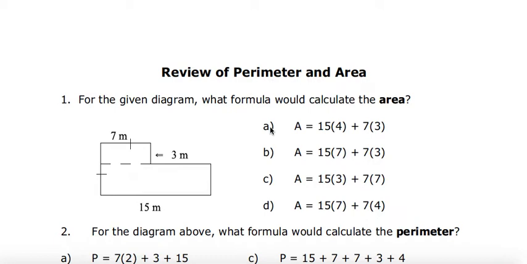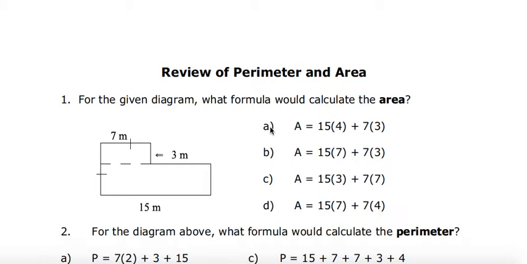We're going to review perimeter and area, something that you would have learned in grade 9, by looking at a couple of quick examples that involve some compound shapes or composite shapes. So what we're going to do is look at the diagram, and we're going to use the same diagram for number 1 and 2, and then we're going to look at a different diagram for question 3